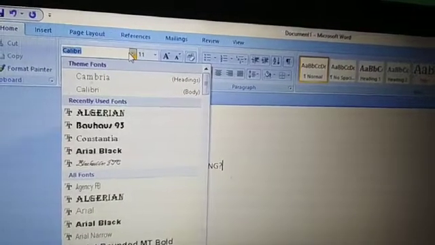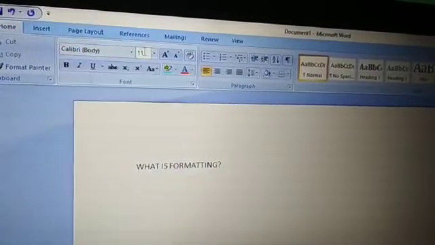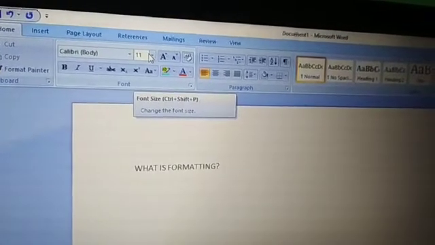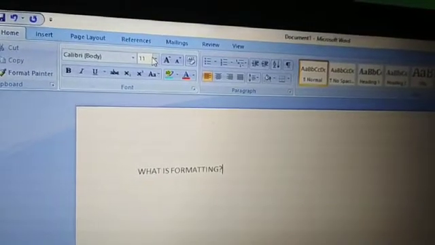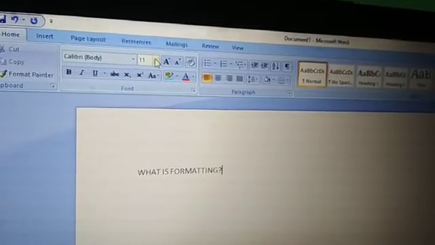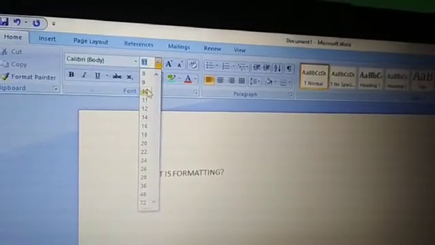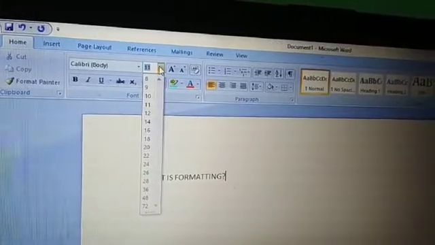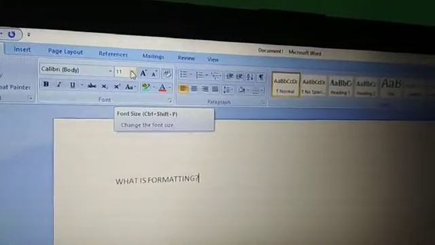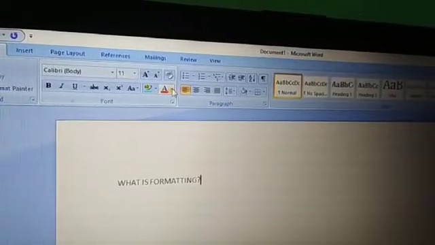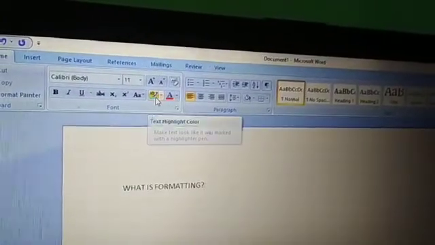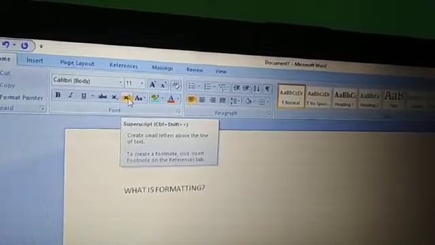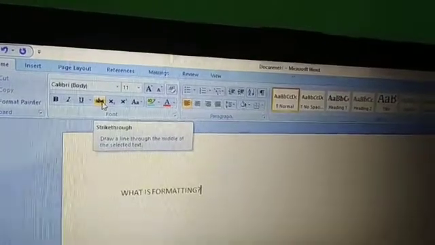Then next to it there is the font size button. By default it's showing 11, but when you click this and the drop down arrow comes, these numbers are for resizing the font. Font means letter. And this is the font color button. This is for highlighting. Subscript, superscript, this is for strike through.